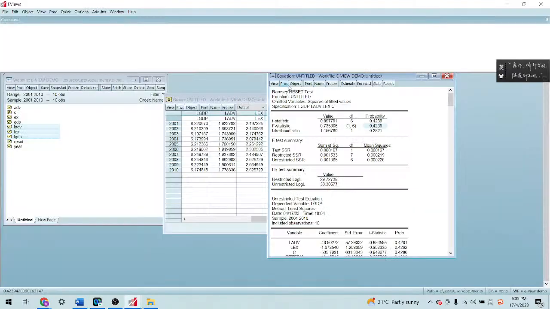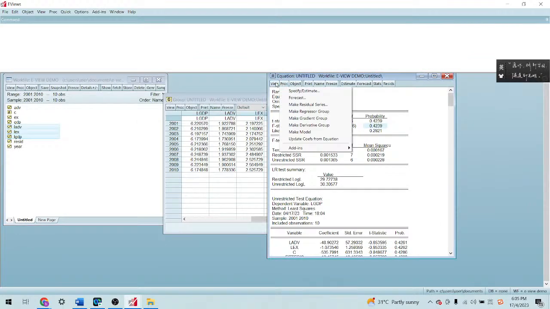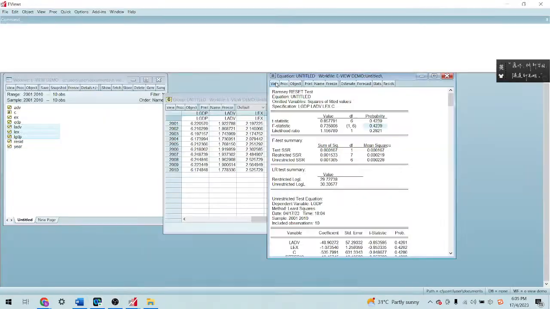So this is the model I can see, right? You can see the diagram. It's moving, the blue color. The red dotted line is the boundary. The blue line here shows how stable the model is. As long as the blue line is within the red dotted line, then the model is considered stable for the sample period.